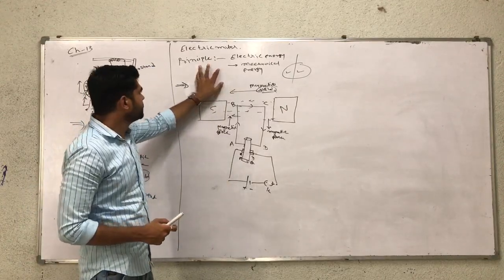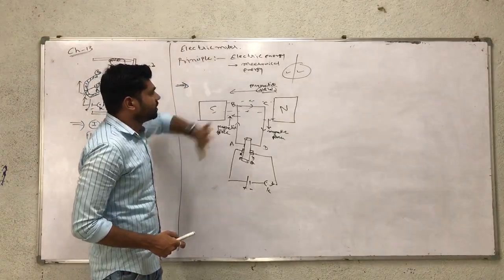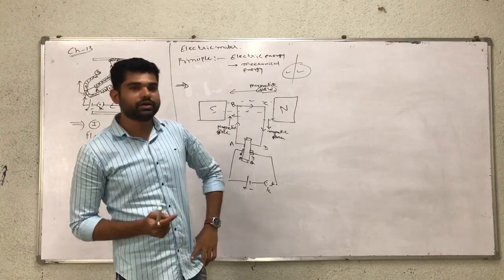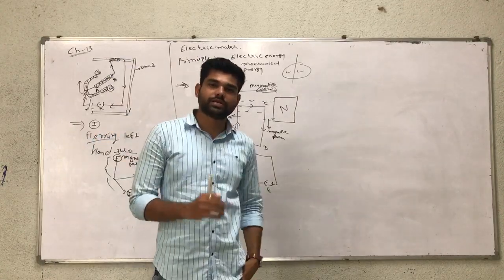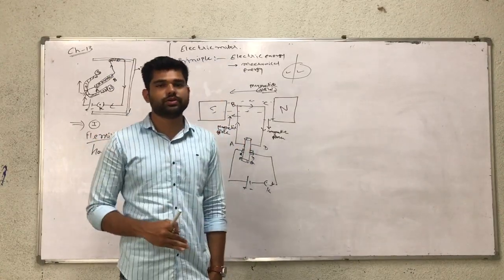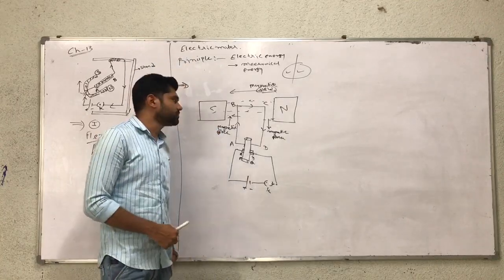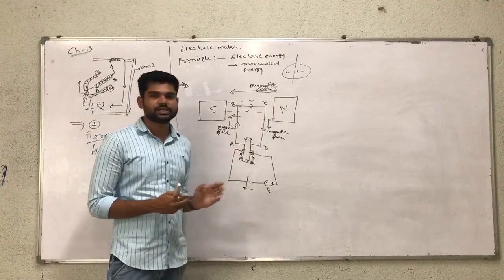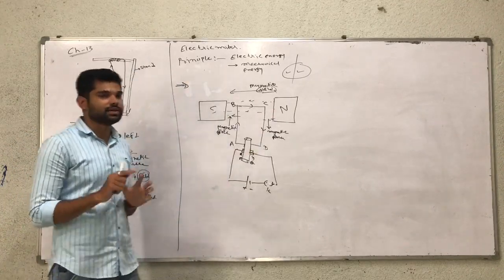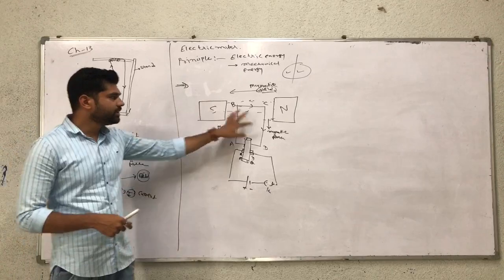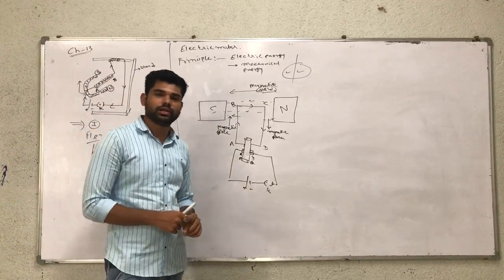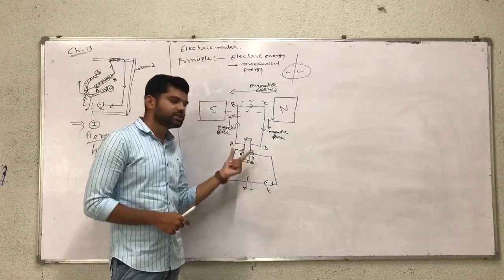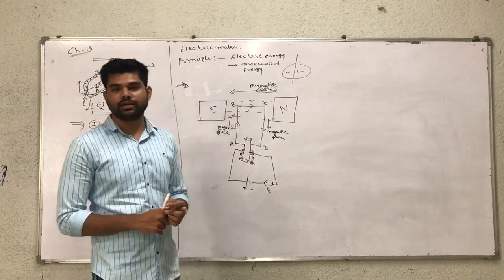Once again, let us revise the electric motor. First we have the principle. An electric motor converts electric energy into mechanical energy, because by applying electric current we produce work in a mechanical form. For this, there are two stationary magnet poles, one south pole and another north pole. In between the two poles, a rectangular coil is used, connected with a battery and key, and connected with the split ring and brushes X and Y.